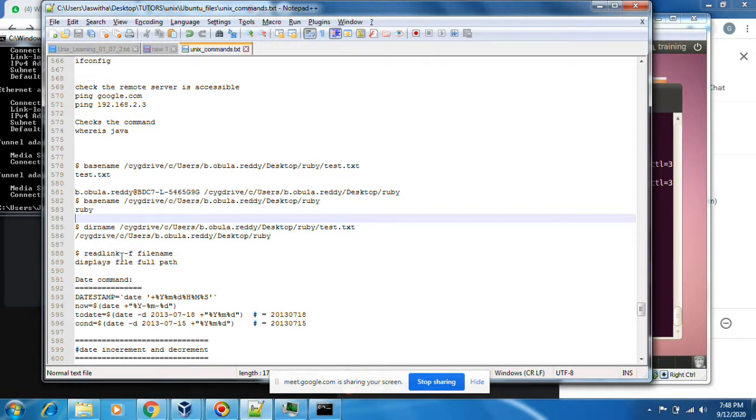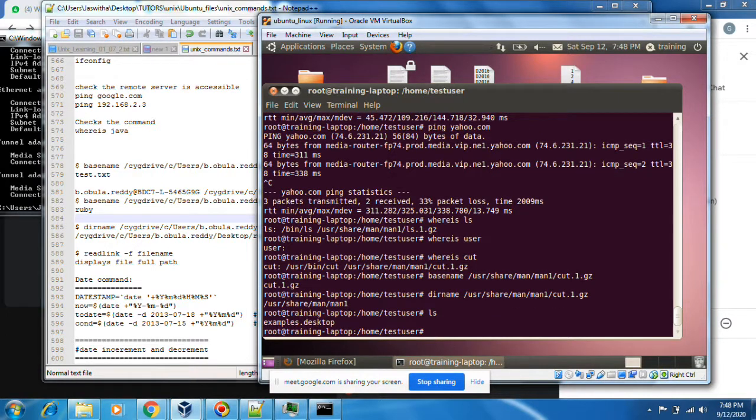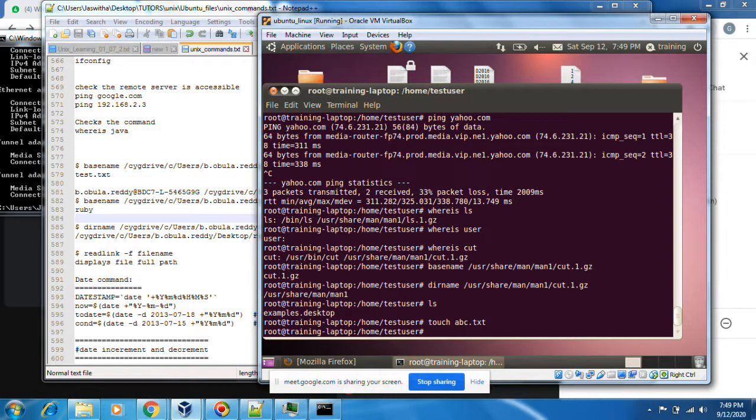Okay, now suppose I can see the full path using pwd.